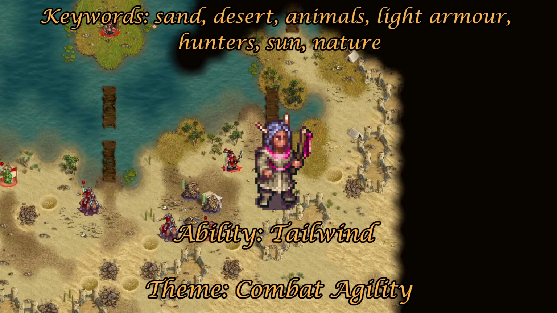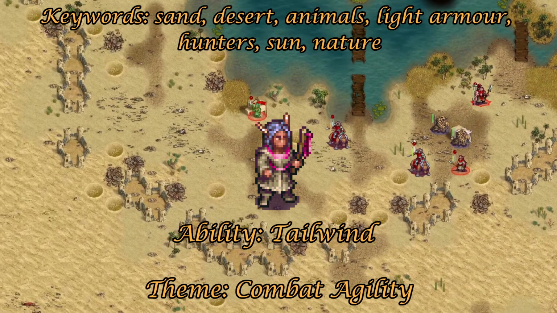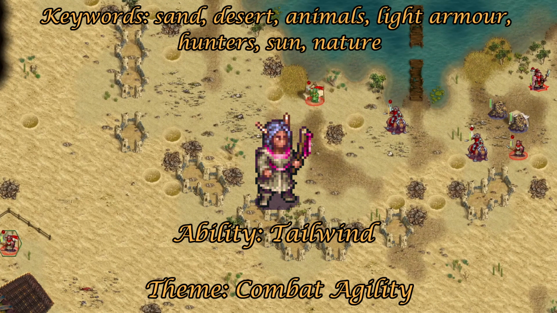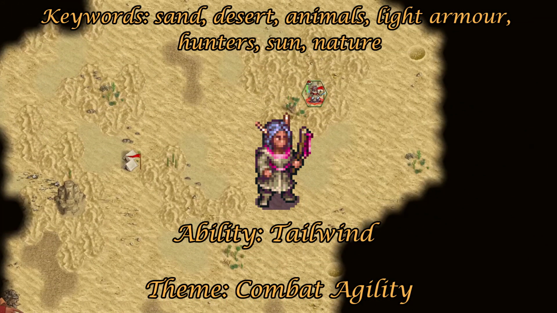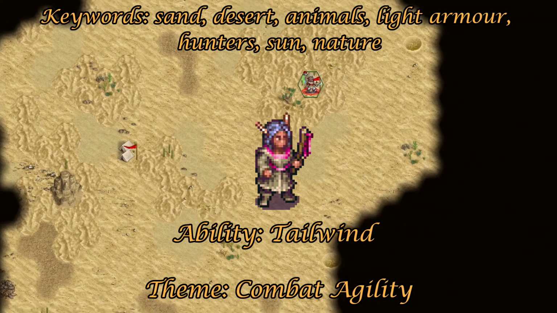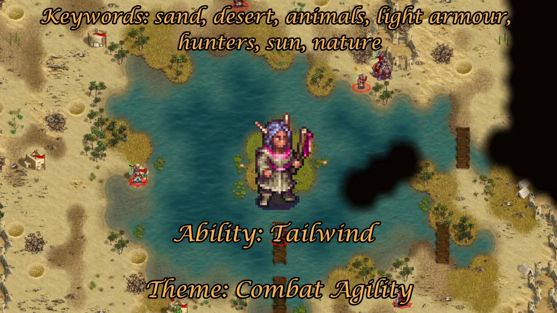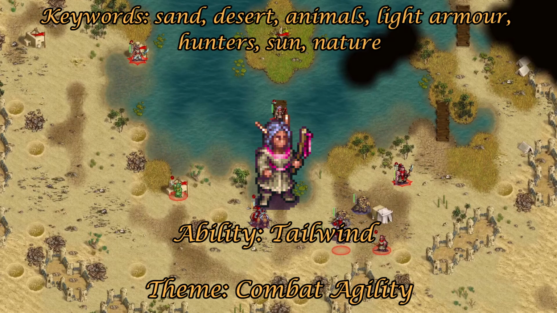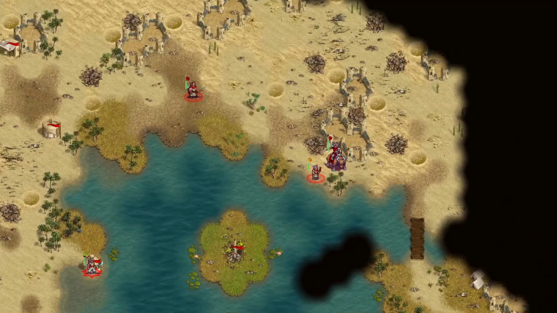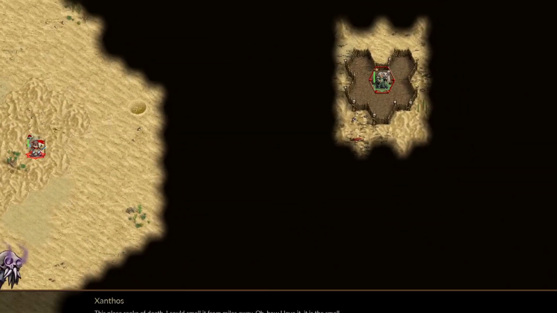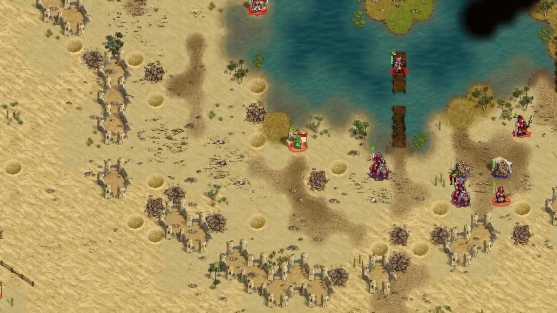The ability provides every unit that stands next to Mystic at the beginning of their turn +1 movement. As the price for such a powerful ability, Mystic had to pay with healing and a bit more gold, but the opportunities that it provides speak for themselves. With this ability, Mystic in my opinion fits much better in a hot desert environment, but also adds to the agility of Quenoth. This pretty much concludes the redesign of Quenoth, but not their future.